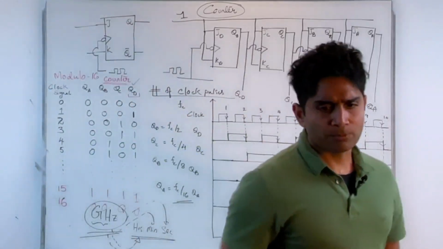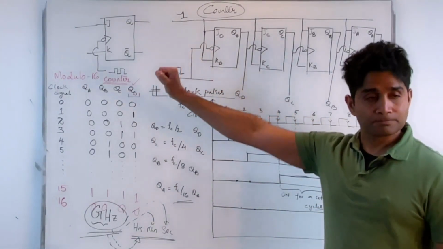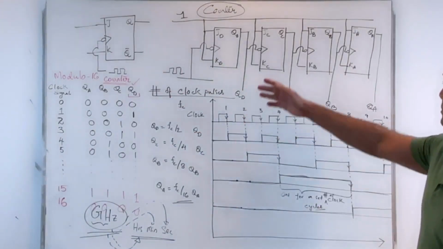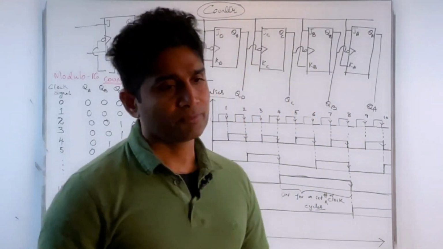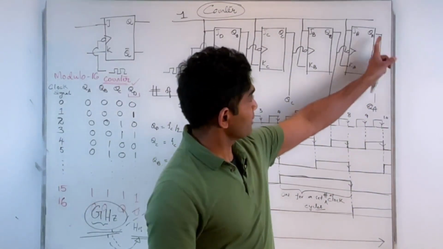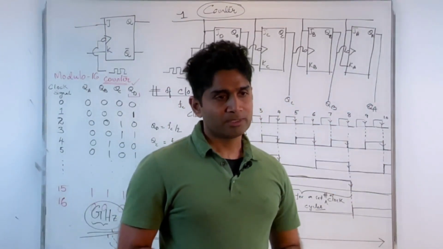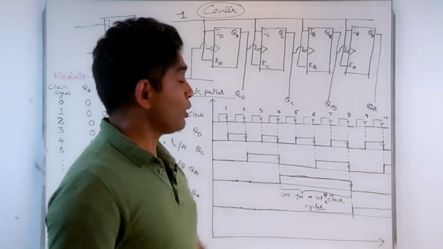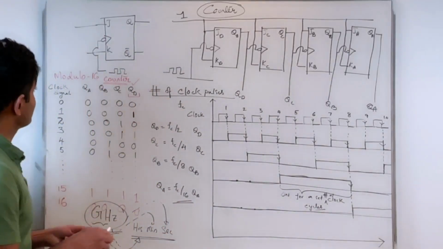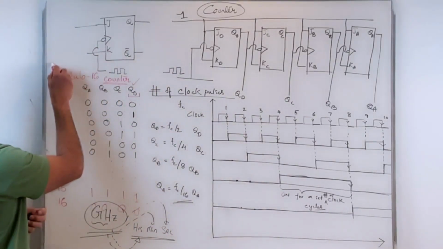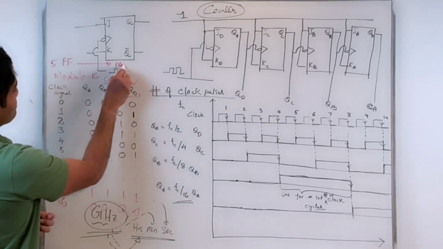Okay. Now, if I use an additional flip-flop here, this is a counter that is constructed by using 4 flip-flops configured in that way. I can also add another flip-flop here and then just drive that output at the clock for the additional flip-flop. In which case I will get a modulo, how many count? When I have 5 flip-flops, my count increases by a factor of 2. So with 5 flip-flops, I'll end up with a modulo